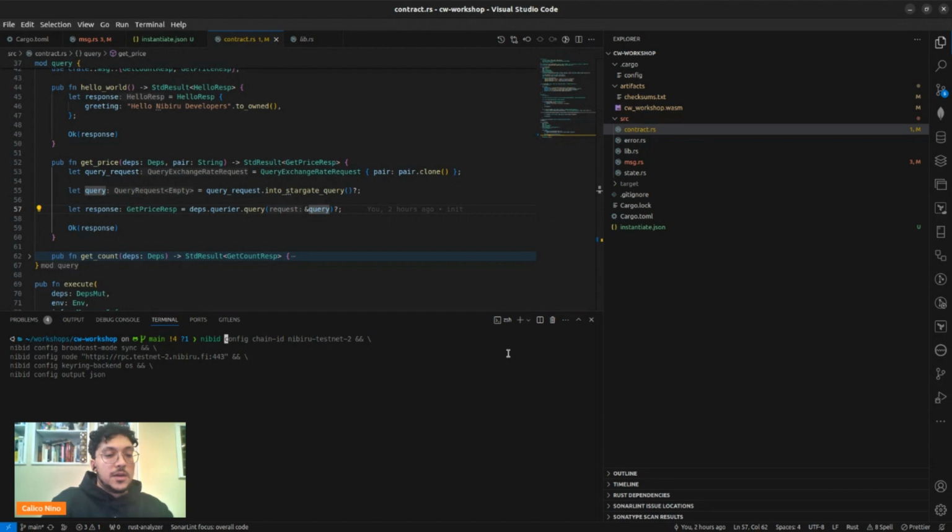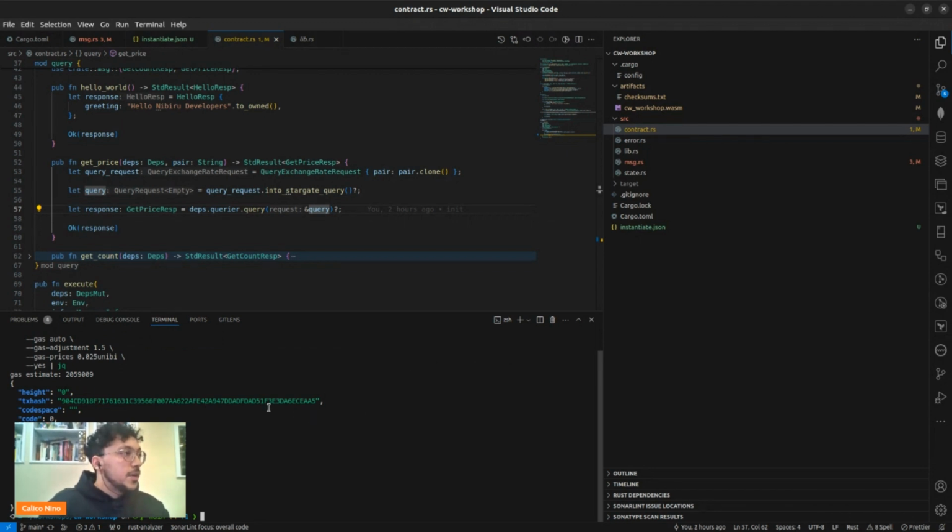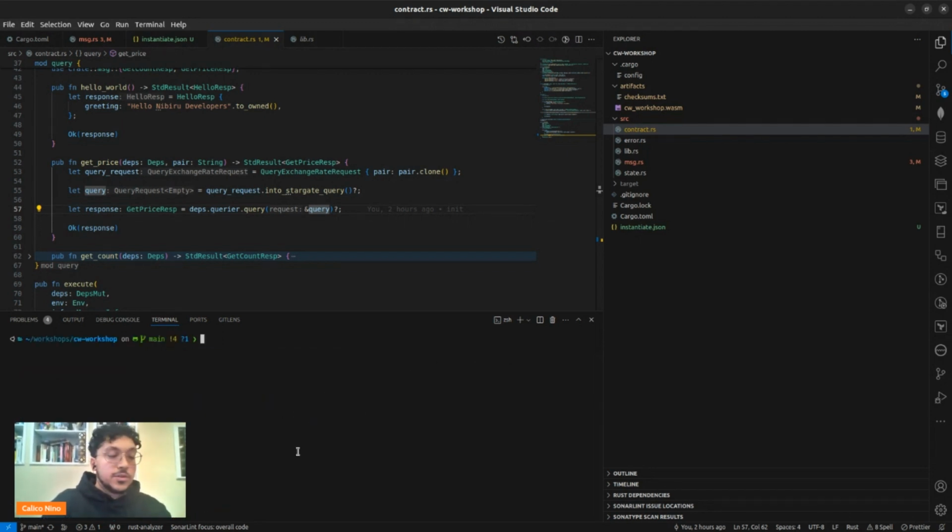So Nibiru transaction wasm store. Let's store it again. After the storing, you can access the TX hash. Again, the TX hash will show us more information. We can query the TX hash with JQ, and here we can see the code ID. So let's set the code ID